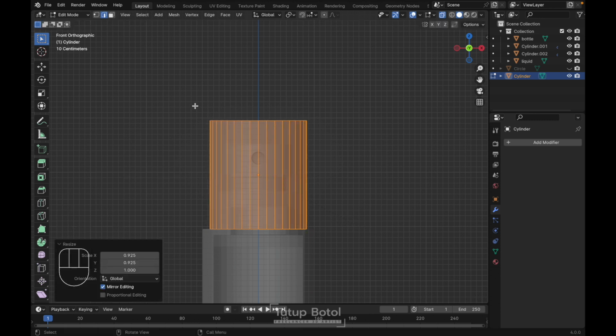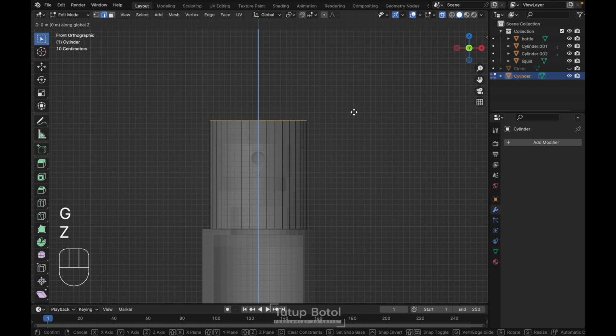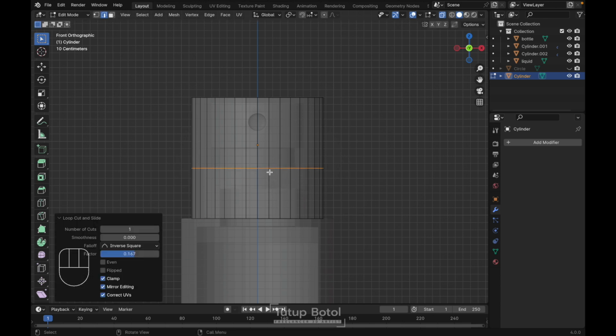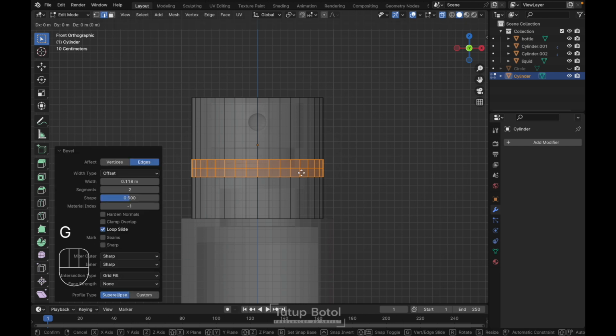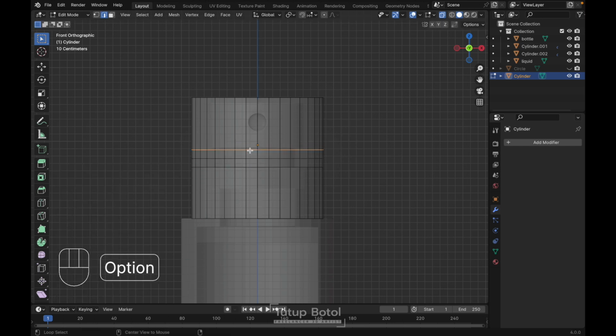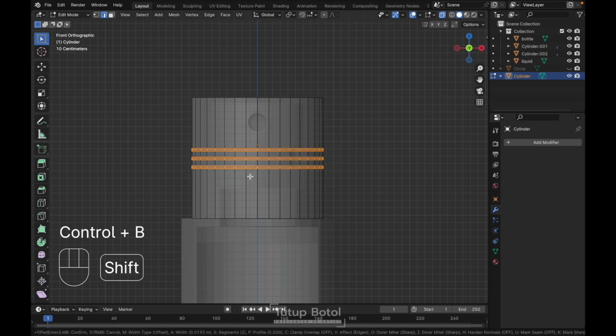just like this, and select this edge, press G Z, move it down here, press Ctrl R, add a loop cut over here, just put it here, and Ctrl B, bevel it, just make it 3 segments, just like this. Press G Z, just put it over here, and select this edge and this edge, press Ctrl B, bevel it again, just make it 1 segment,